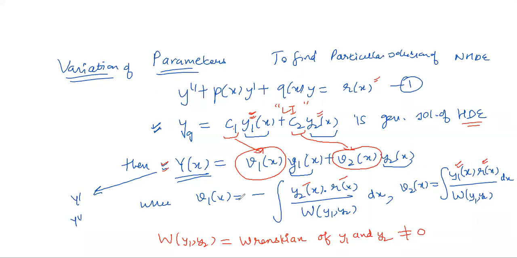This method has an advantage over undetermined coefficients. You will see in the questions that the calculations can be a little difficult or complex, but it's a very general technique. You do not have to look at anything, just directly apply this technique. It will solve all kinds of questions. Now let me take an example. This is the first example: y double dash plus 4y is 3 cosecant x.